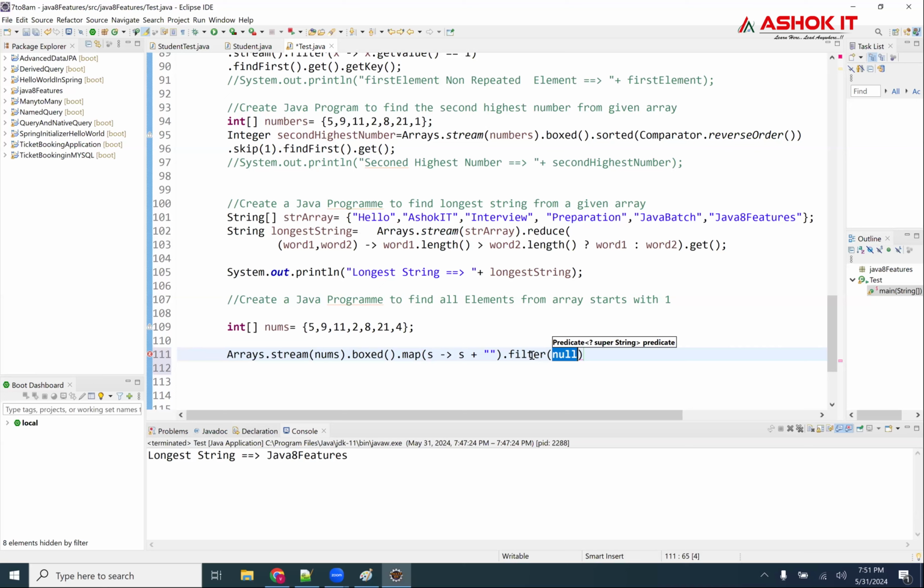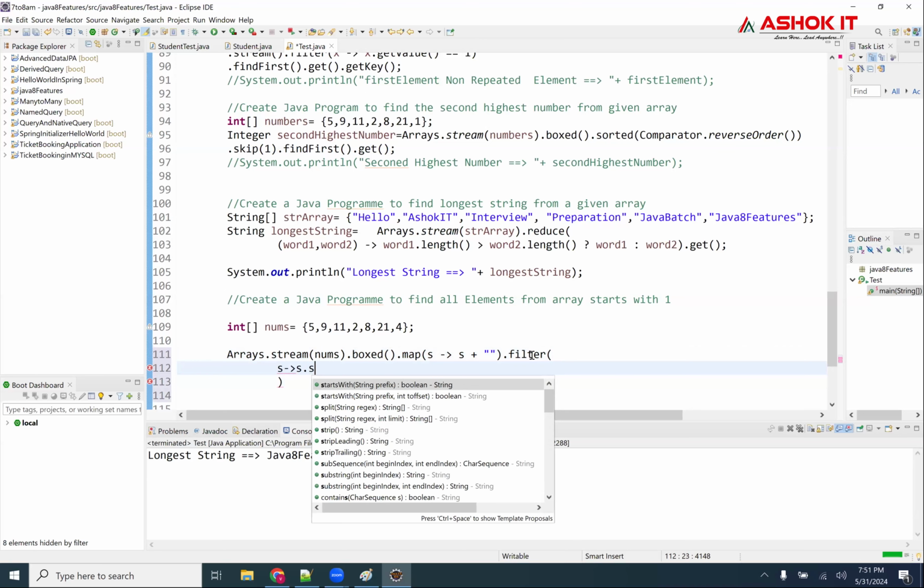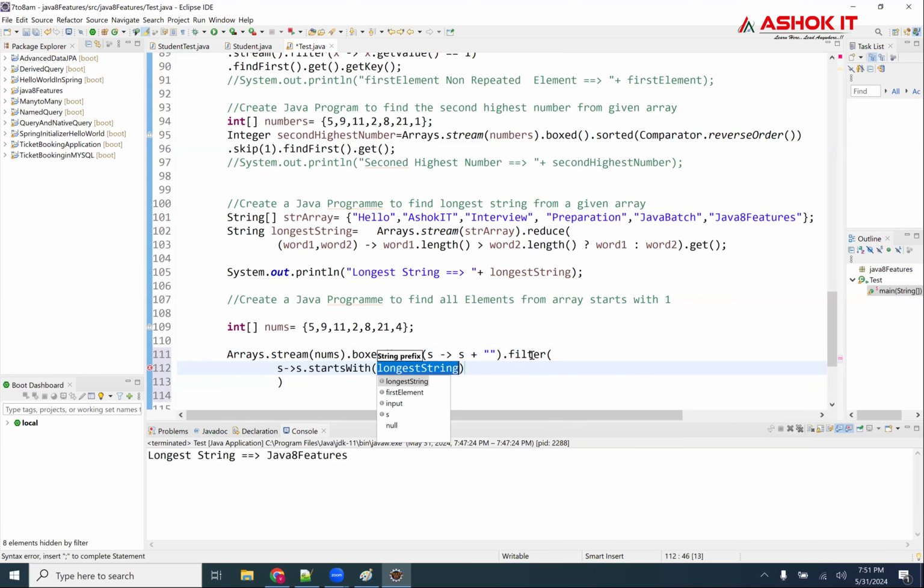Like that I need to apply. In that filter, what is my logic here? s dot startsWith 1. That's it.